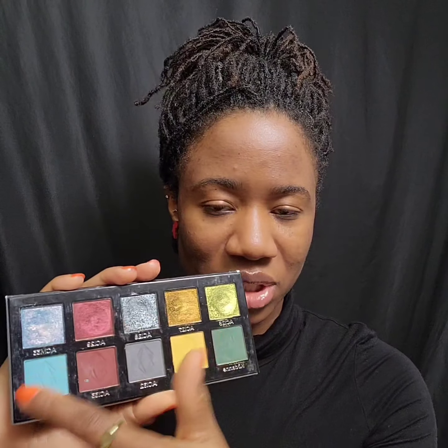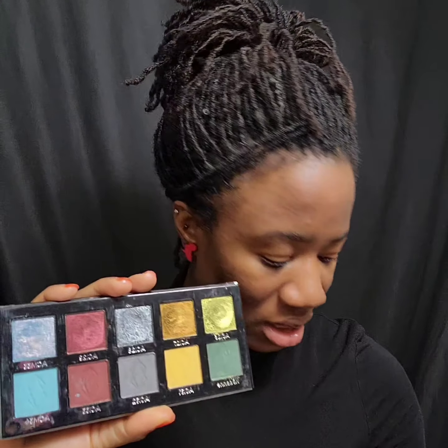I have this magnetic palette. It's the Adept Cosmetics Kodan palette. I have Adept shadows and Lethal Cosmetics mattes, but for this video I'm using Lethal Cosmetics mattes. I'm gonna go into this one. I'll prime my lids first. I'm also in a hurry. Going into the shade, it's Lethal Cosmetics